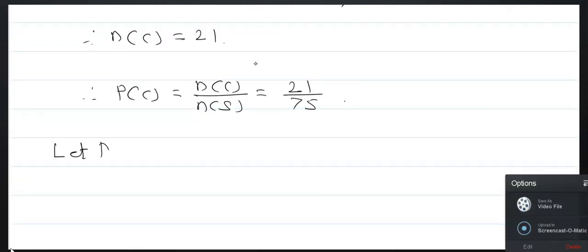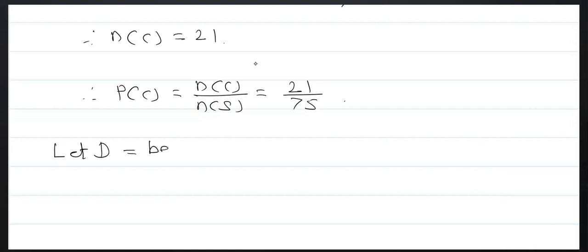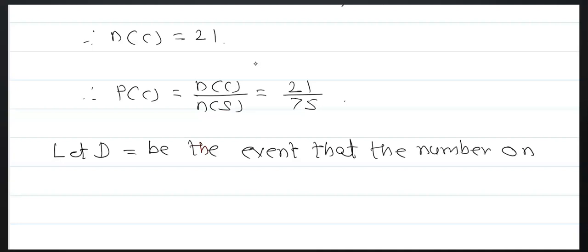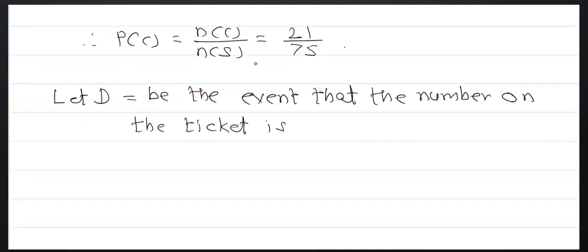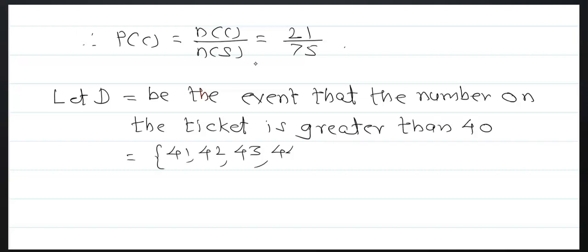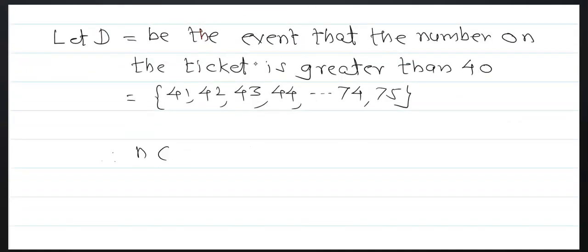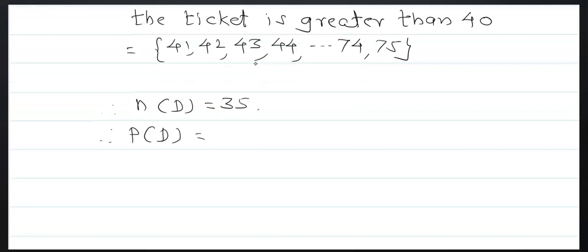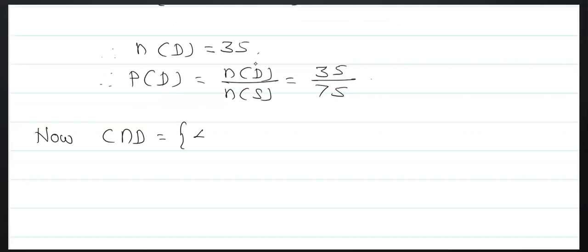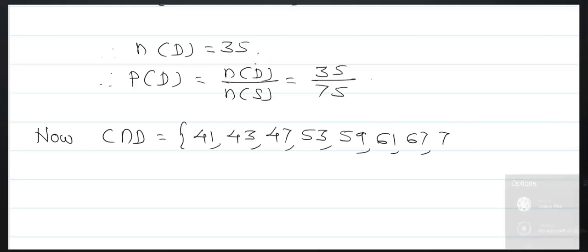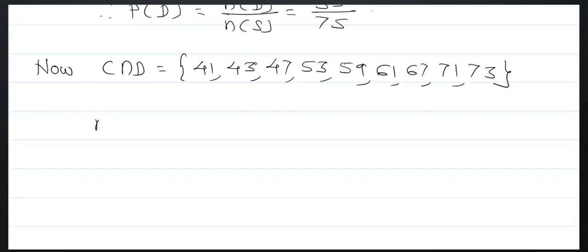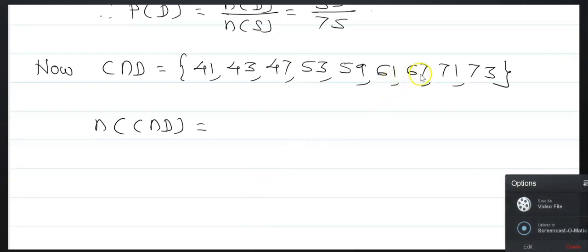This is very simple. Now next, D, be the event that the number on the ticket is greater than 40. Now these are the numbers greater than 40, 41, 42, 43, up to 75, so n of D is equal to 35. Therefore, P of D is equal to n of D upon n of S, that is equal to 35 upon 75. Now the common numbers are 41, 43, 47, 53, 59, 61, 67,